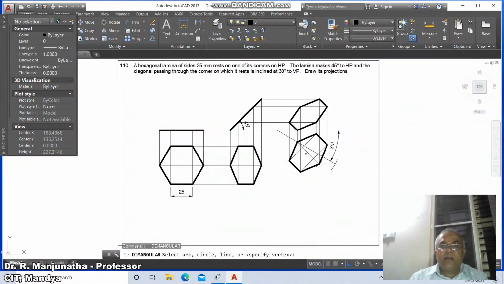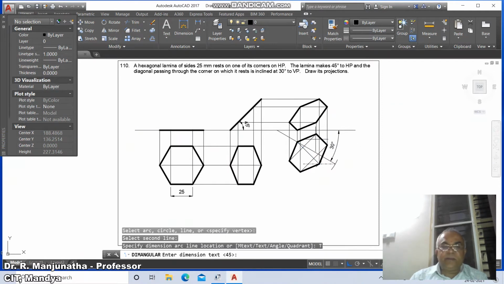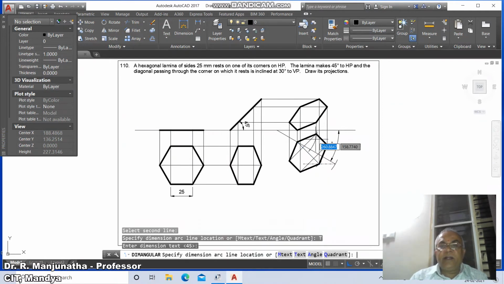And dim angular, select between these two, and then go to text, give space and enter and place it here.